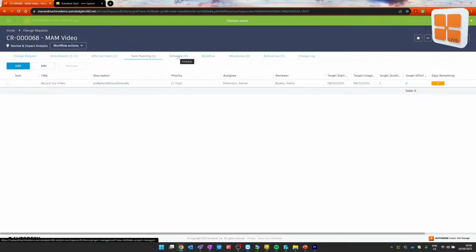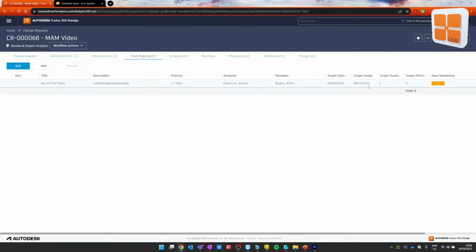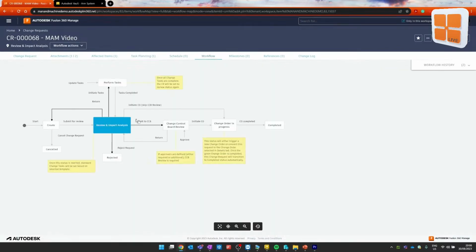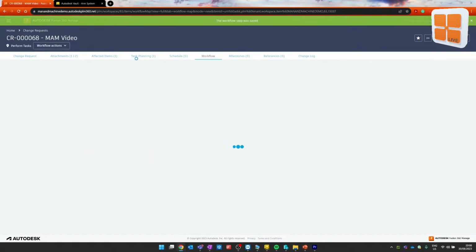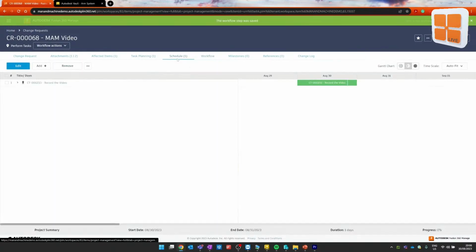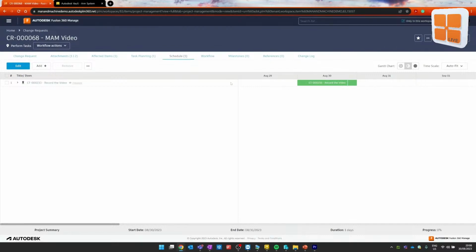Notice it is not yet scheduled. Despite the fact that I've added things in here, it is not yet scheduled. That gets scheduled when I move it in the workflow from review and impact analysis through to perform tasks. So by moving it here, it will automatically move itself from task planning to schedule. And it will have emailed us the various bits of information saying the following task has been created for you